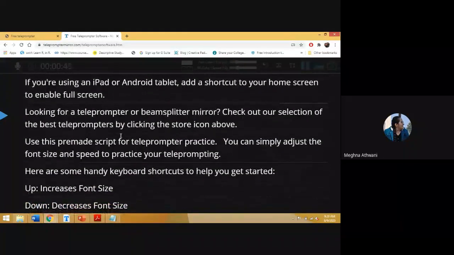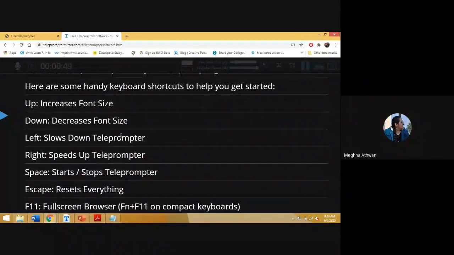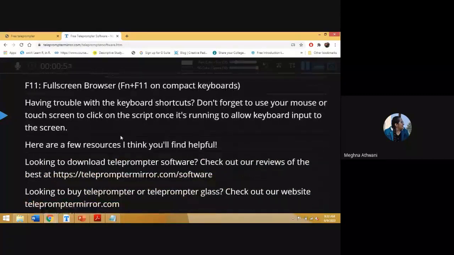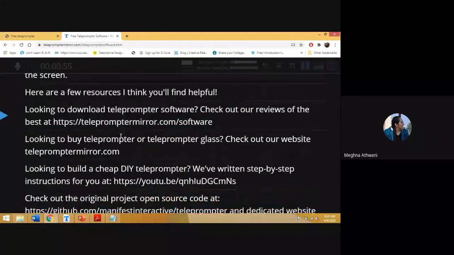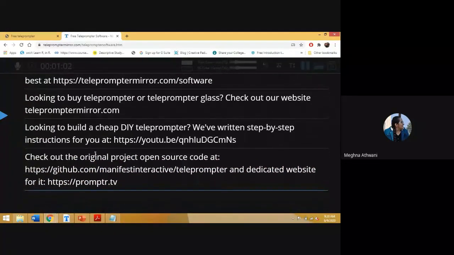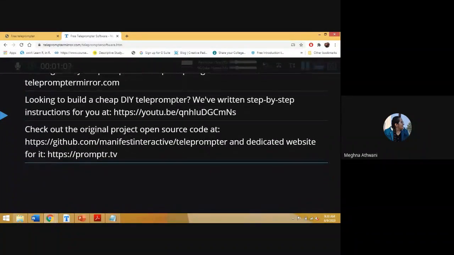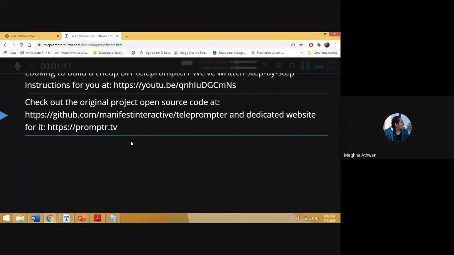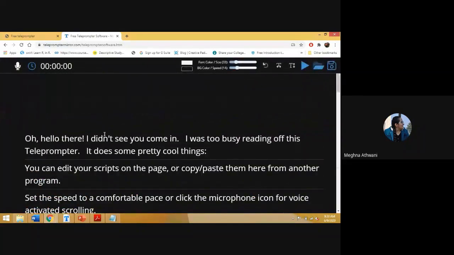I can increase the speed by pressing the right key. See. But this is the maximum it can go. Teleprompter does not allow you to go faster than this. I am clicking the left key and it has slowed down. Interesting, isn't it? Most of you would be wondering, it is so easy, I did not know. Escape key.